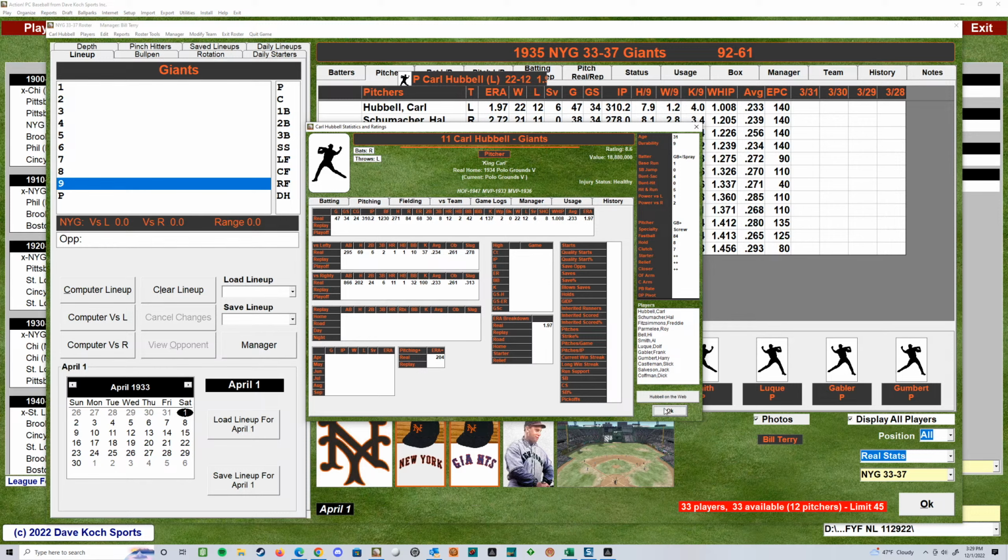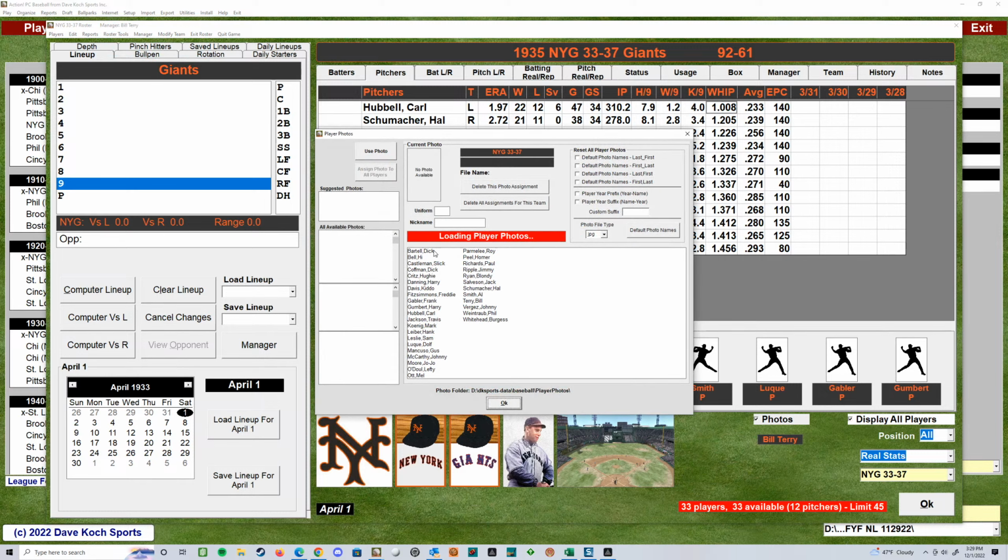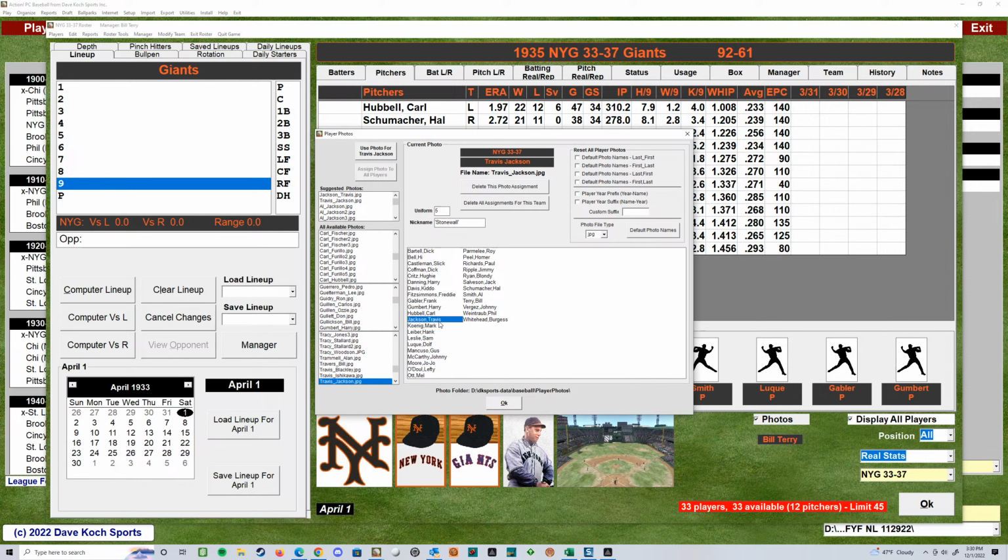King Carl, also known as the meal ticket. It's another thing when I'm building these, I'll go into my roster tools, and this is a quick way to the 30s. By the 30s, they were starting to use uniform numbers. When I do this, I make sure I go through here as well, and if there's a known number or nickname for them, I want that in there. In the 20s, it's not till the late 20s that you'll start seeing uniform numbers being used. So for those files, if not every season had uniform numbers, I'm not going to put them there. But for the ones that have it, they'll be here.